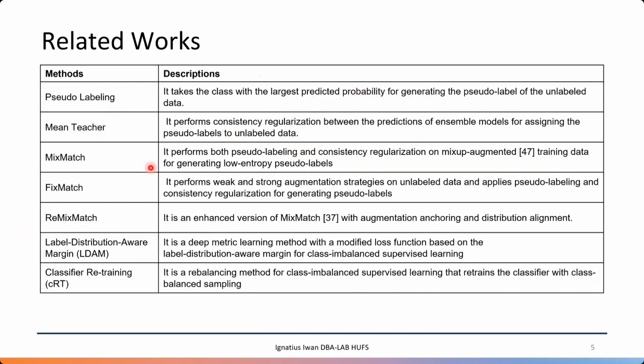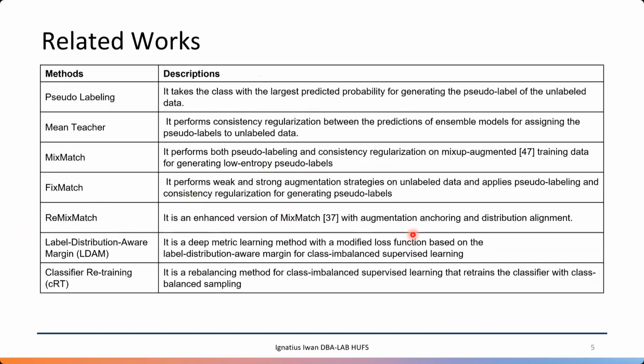Then, also mentioned by Tori last time, MixMatch performs pseudo-labeling and consistency regularization on mix-up augmented training data. The advanced version is FixMatch, which performs weak and strong augmentation strategies on unlabeled data. Another variation is ReMixMatch, which is an enhanced version of MixMatch with augmentation anchoring and